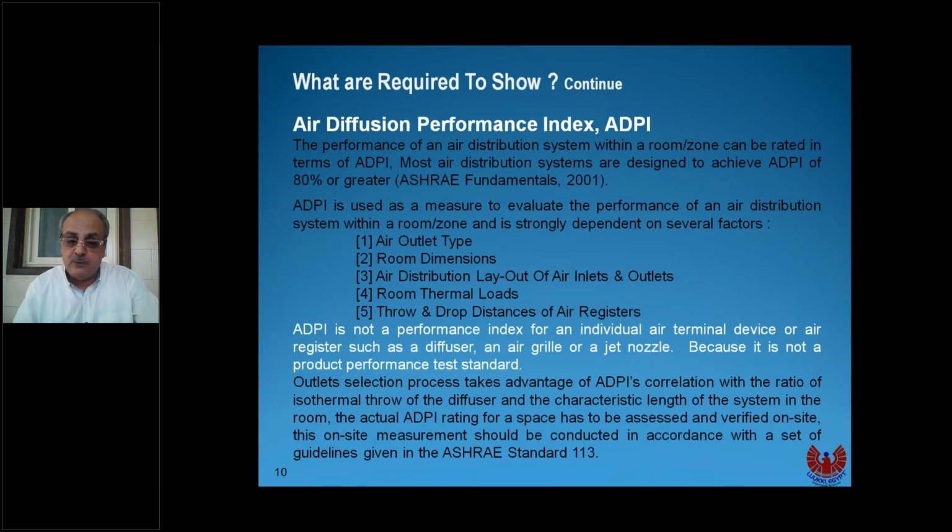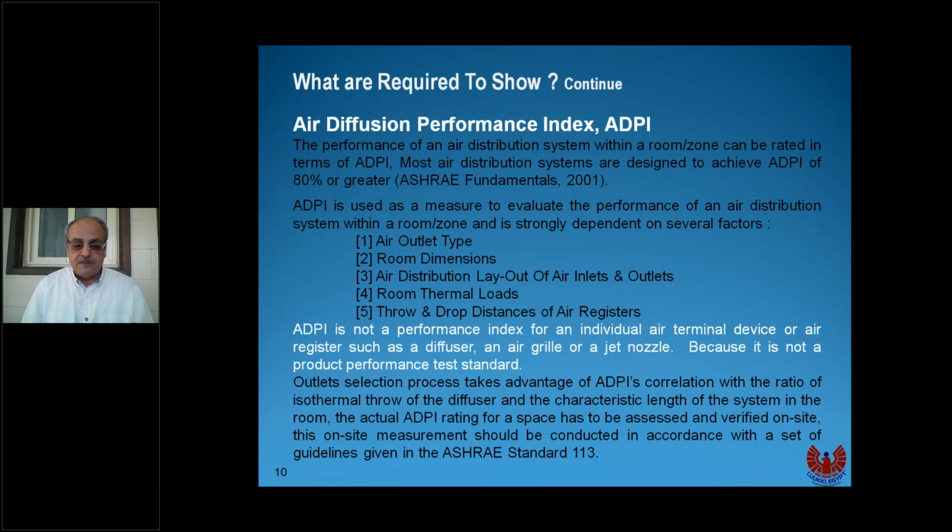Third, it's also a function of the air distribution layout of air inlets and outlets, the number of outlets, the location of them, the height of them. Okay, all these are very affecting parameters that are clearly declared in the air diffusion performance index. The room thermal load also, and here we can consider a very important issue: the heat coming from the external wall as part of the building envelope, and the glass and the partition, the floor and the ceiling. All these parameters as a heating load in watts per square meter or BTU per hour per square foot will be considered inside the air diffusion performance index.